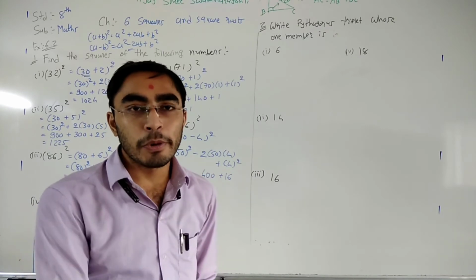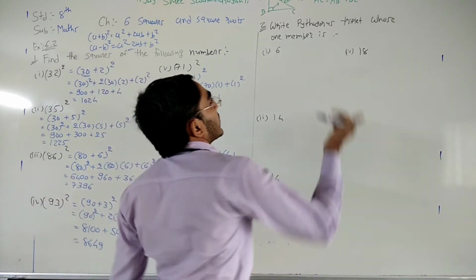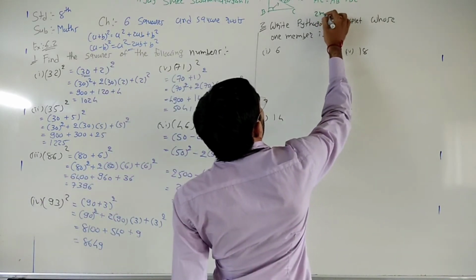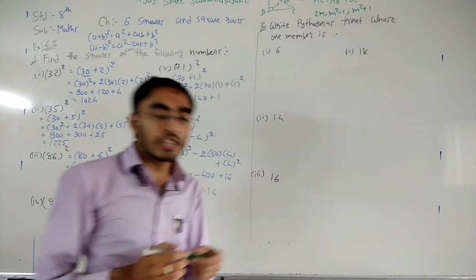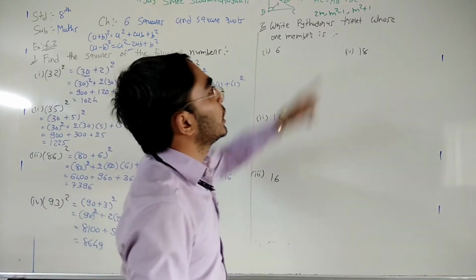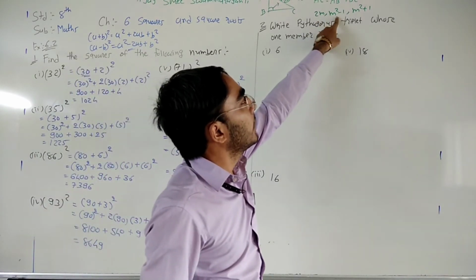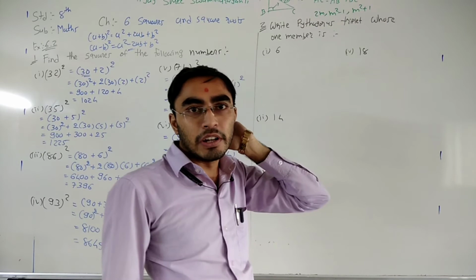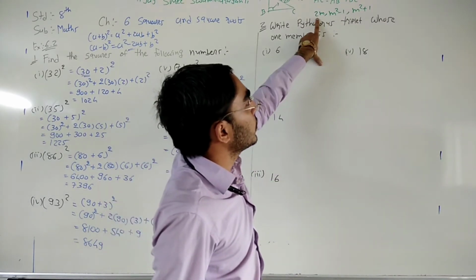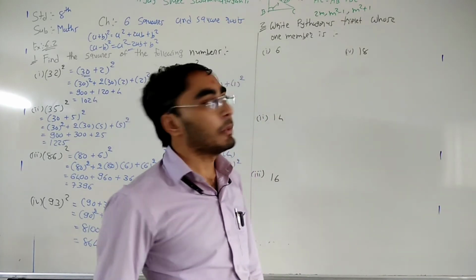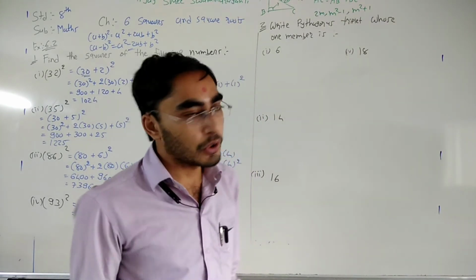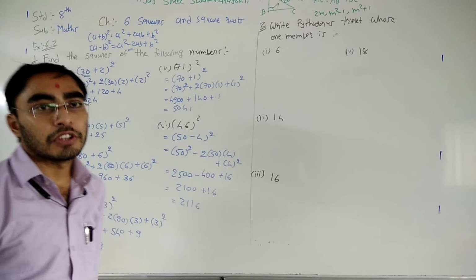So we have one property for the Pythagoras triplet. It is like this: 2m, m square minus 1 and m square plus 1. That means the 3 sides of a right angle triangle follow this rule: 2m, m square minus 1 and m square plus 1. One side has the measurement 2m, the second has the measurement m square minus 1, and the third has the measurement m square plus 1. Okay, so the 3 sides follow this rule.